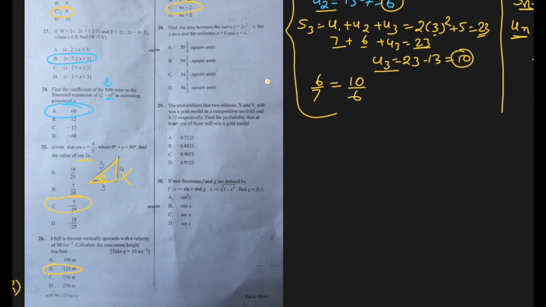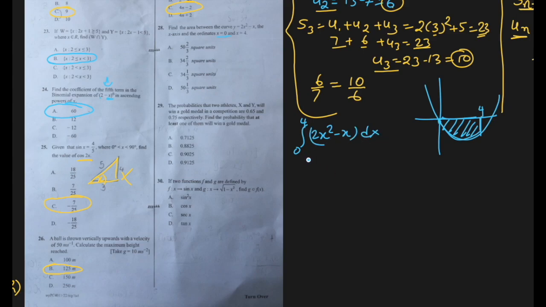Find the area between the curve 2x square minus x, the x-axis, and the coordinates x equal to 0, x equal to 4. So 2x square minus x, obviously it is a curve which is opening up, rather it may be crossing it twice. So they're saying between 0 and 4. Suppose 4 is here. This is the area they want. The curve, the x-axis, x equal to 4 and x equal to 0. Okay, so basically we have to just integrate from 0 to 4. That's what they're saying. 2x square minus x